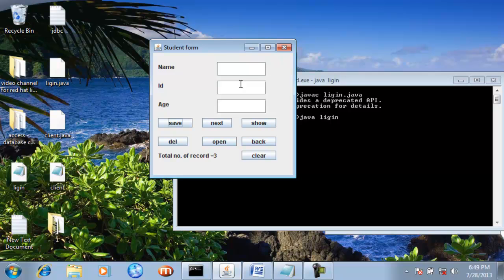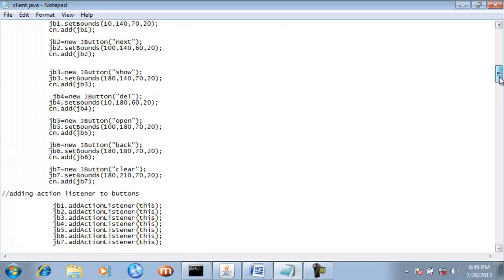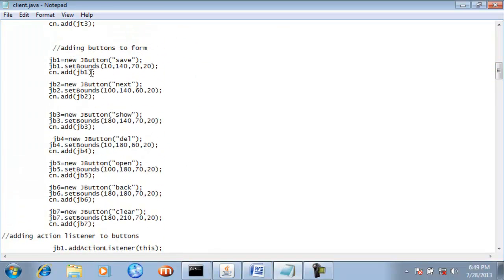So now guys, we will learn how this data has been inserted and how this sequence of activity has taken place. If you open your program again, first you will see here a JB1 object which is related with this save.